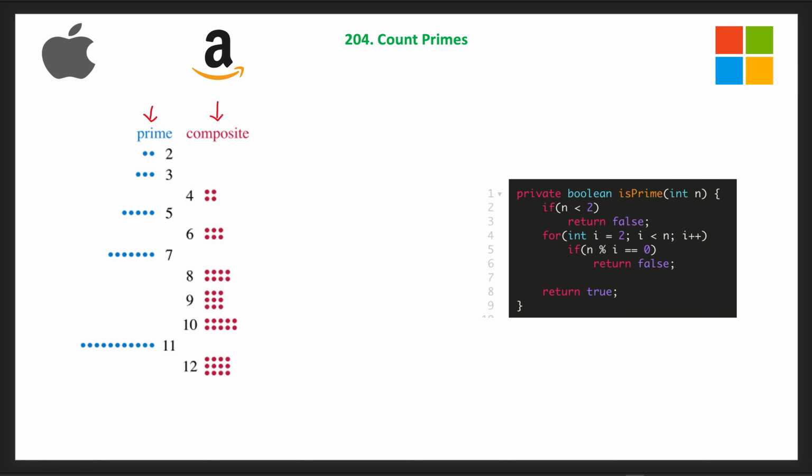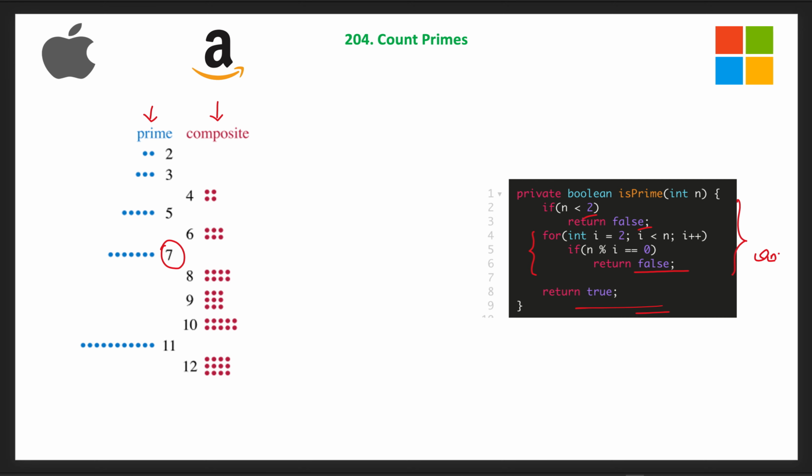So how do we check a prime number quickly? You can write a simple method. If a number is less than 2, return false, it is not a prime. Otherwise, we start a loop with i from 2 until less than n, and see if any number between 2 and n divides that number. If we find any, we return false immediately because it is a composite. If we don't find any such i, we return true, it is a prime number. So the time complexity of this idea is O of n.